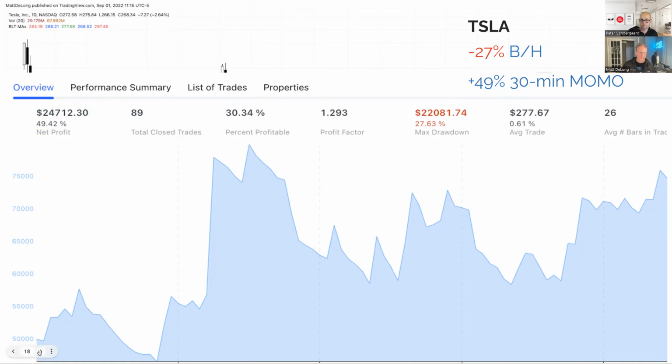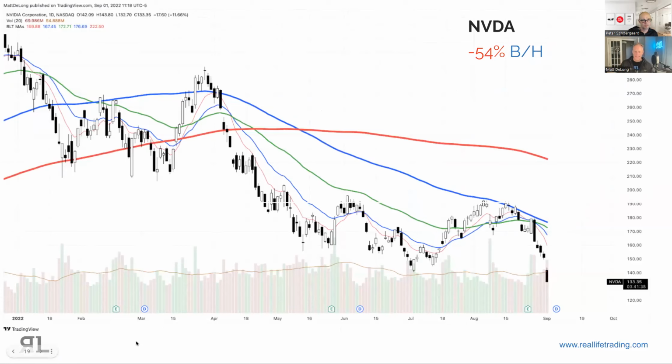What about something you guys are familiar with, like NVIDIA? Again, it's down even more this year. As of September, down 54%. MOMO on a 30-minute would be up 38%. So team, here's a question for you. What is the difference between these 2 numbers? Please don't say 38%. What is the difference? Is anyone registering? It is 92, right? So the difference between being down 54 and up 38, you add those 2 numbers together,